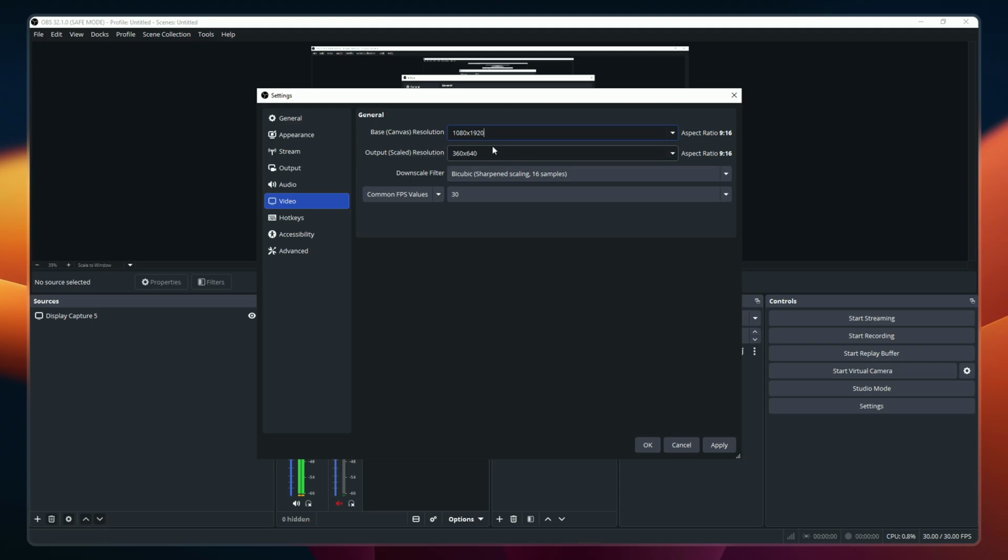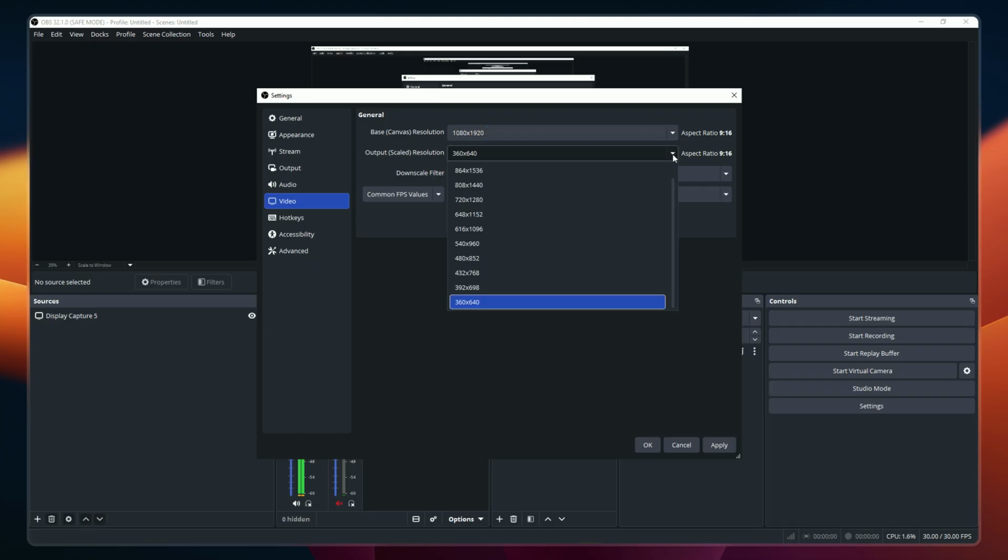Below that, you'll see another option called Output Scaled Resolution. This controls the final resolution of your exported video. Right beside it, you'll find a drop-down menu. Click on this drop-down menu and select 1080 x 1920 from the available options. This ensures that both your canvas and your output match the vertical format, giving you consistent results when you record